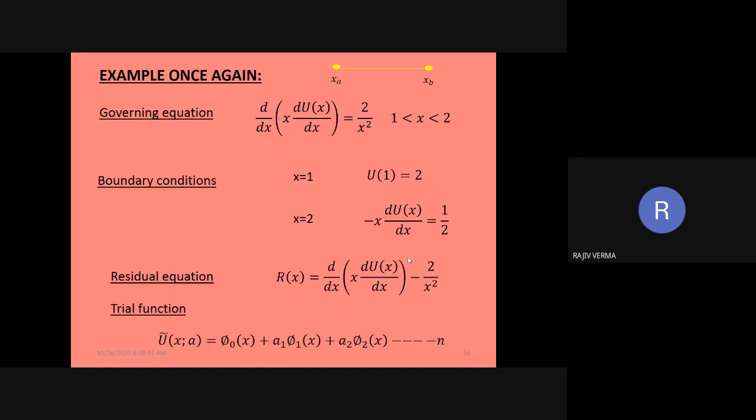And this residual, of course, is one thing which you are trying to minimize. Every numerical method basically aims to minimize the residual. It does not make the residual 0, but it basically aims to minimize the residual to an accuracy level of your requirement. कोई भी न्यूमेरिकल मेथड रेसिडुअल को 0 नहीं बनाता है, लेकिन रेसिडुअल को कम से कम करता चला जाता है until it gives you a solution which you desire.